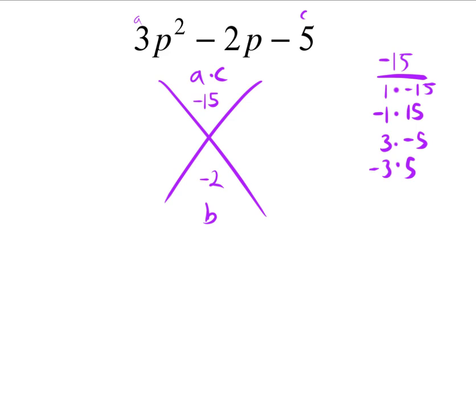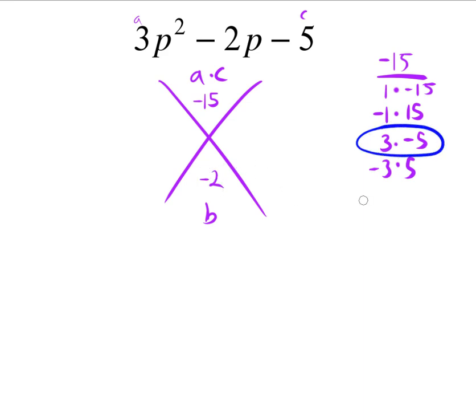Now, once again, I am looking for two numbers that multiply to give me -15. All of these number pairs would multiply to give me -15, but they have to add to give me -2. Well, -15 plus 1 is going to be -14. That doesn't help me. Likewise, this is going to be +14. That doesn't help me. This one, -5 plus 3 is going to be a -2. That would work. But also, -3 plus 5 would be a +2. I want the -2, so I'm going to choose this one here,